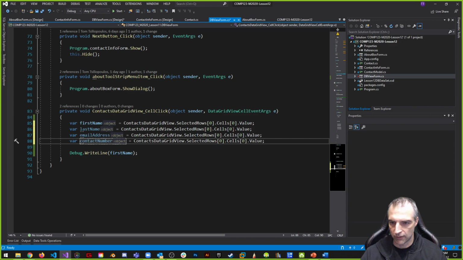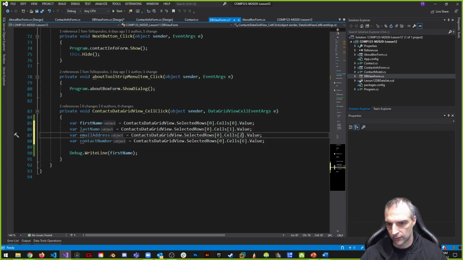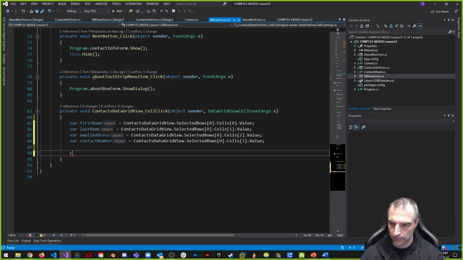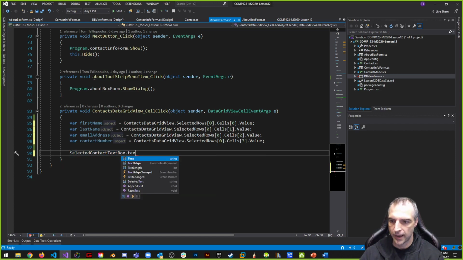All right. So here, instead of cell 1, we're going to use cell 0, cell 1, cell 2, and cell 3, right? And let's see how this works. Cell 0, 1, 2, 3 in the row. And then what I want to do is, instead of Debug.WriteLine, now we have a vehicle for printing things out. We're going to say the contact selected contact text box dot text is equal to, and we're going to make it kind of add things together. So I'm going to say the first name